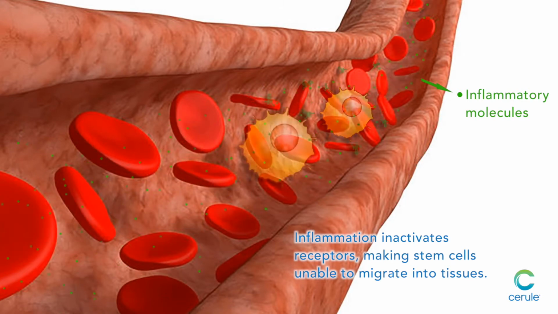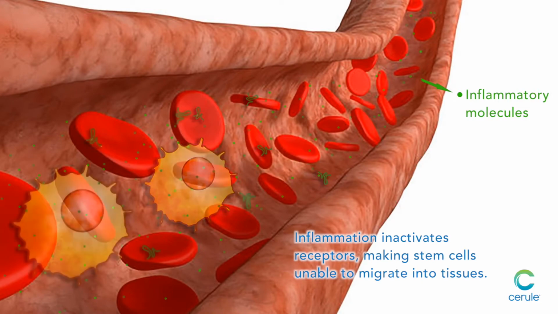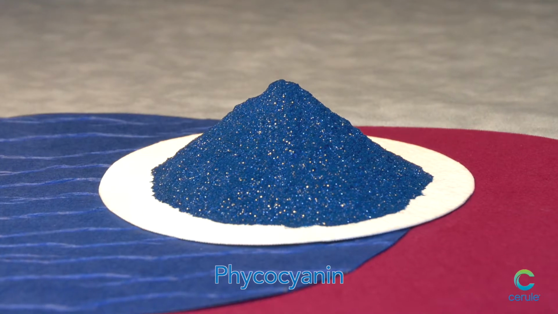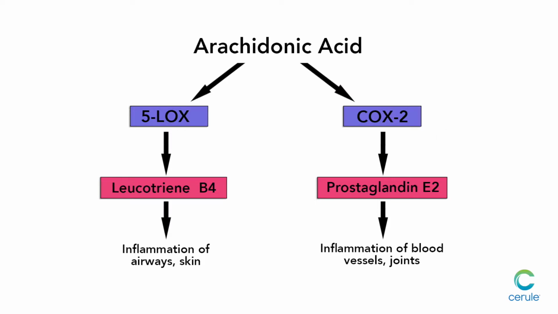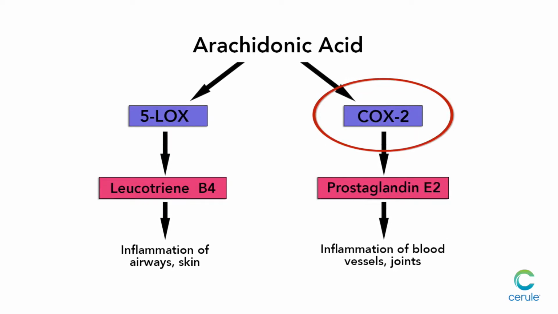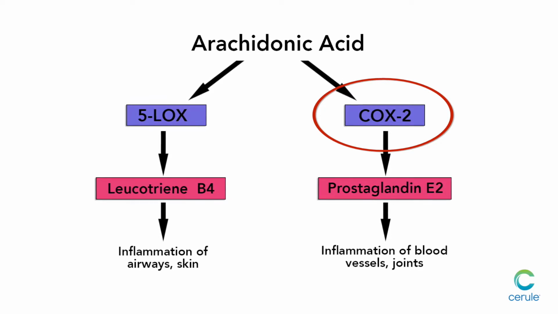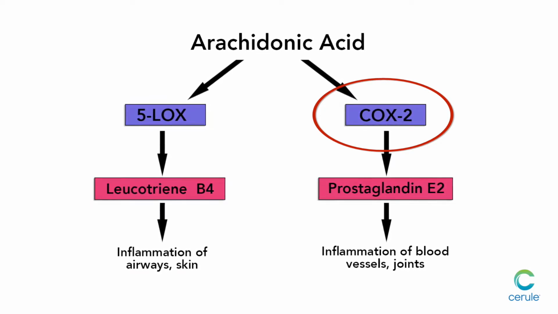And that is where Cyactiv is really a unique product. Cyactiv is a concentrate of phycocyanin from spirulina. Phycocyanin has been known for many, many years to be a very specific blocker of COX-2. COX-2 is an enzyme that leads to the formation in the body of a whole slew of inflammatory compounds. So if we can block the enzyme COX-2, we really help to calm down, to balance this inflammatory process in